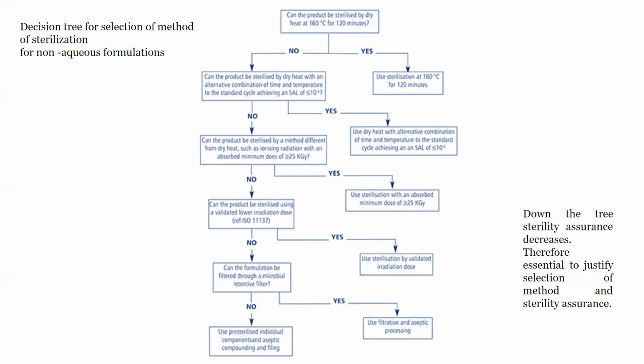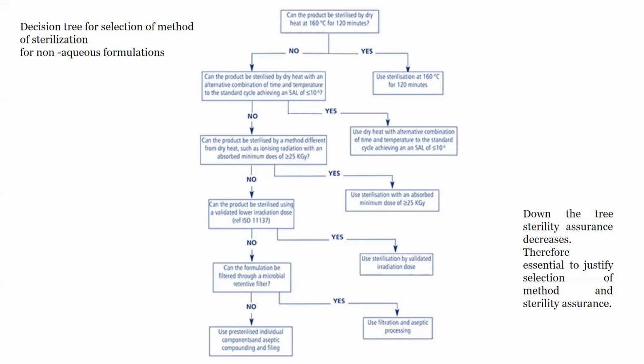If you go for autoclaving, then after sterilization, the vapor will get condensed over the exterior surface of the formulation or packaging material, and it may get a chance to ingress into the formulation, and the presence of water may destroy the purpose why the formulation is non-aqueous. So non-aqueous formulations cannot be autoclaved. So the first priority will be dry heat sterilization. If it is possible at 120 degrees Celsius for 2 hours, go for it.